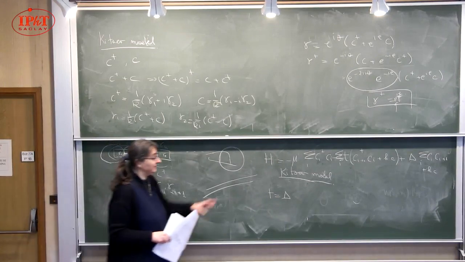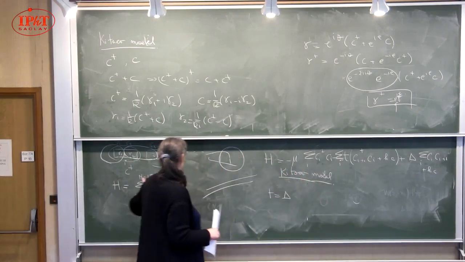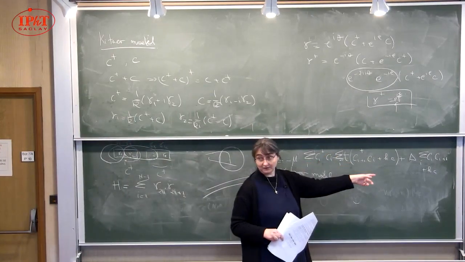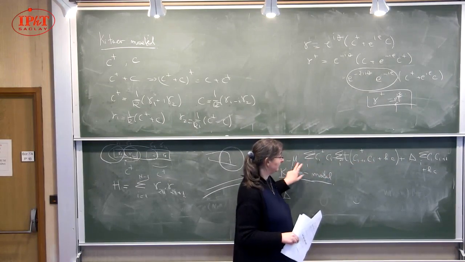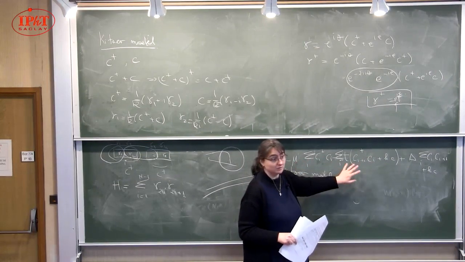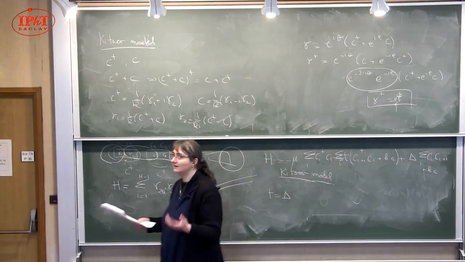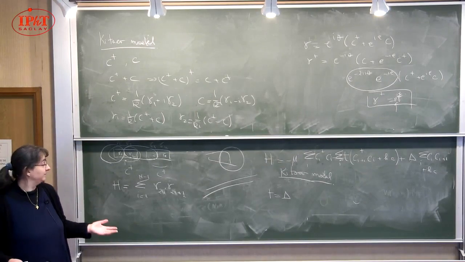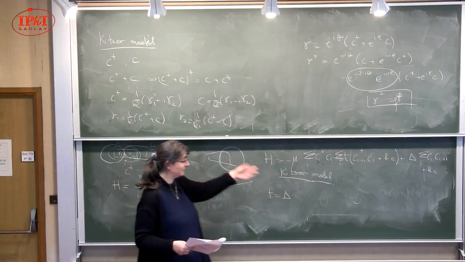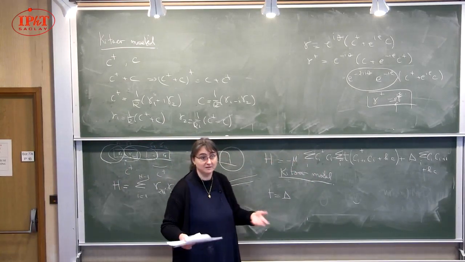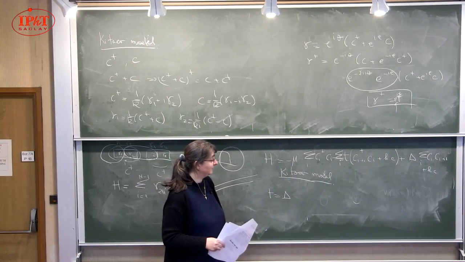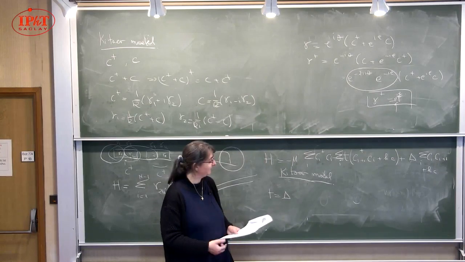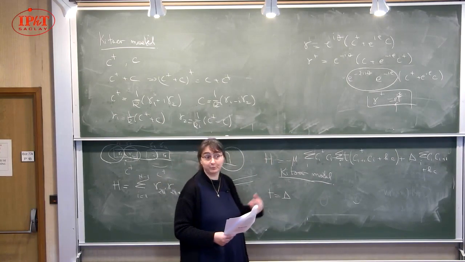But this is a physical Hamiltonian. The other one is more like a mathematical tool that I'm using to see how to form Majoranas, but this is a physical Hamiltonian. It has superconductivity in it, it has a chemical potential, and it has a hopping term. So this is something which we can imagine. Can this exist in nature? Because it has physical ingredients in it. This one doesn't, but this one has physical ingredients. It has whatever we find in everyday experiments in condensed matter, all the simple ingredients which we can put together and see